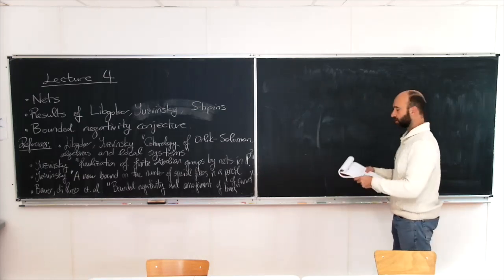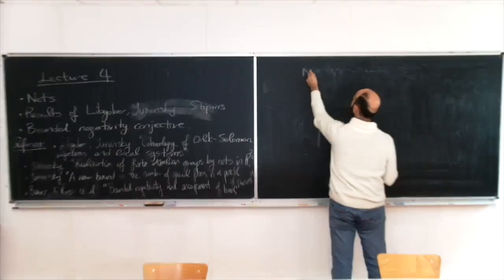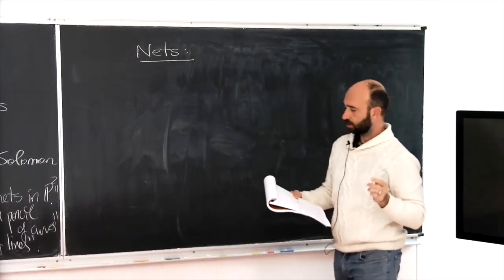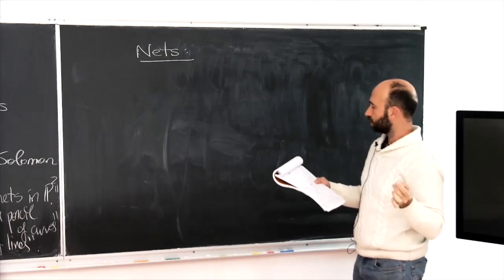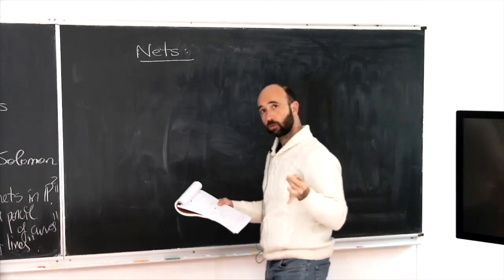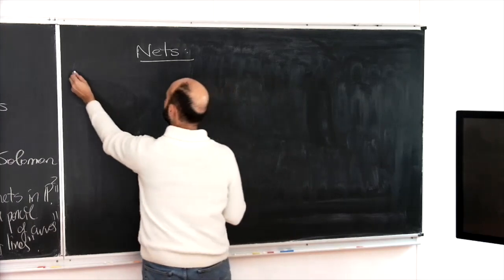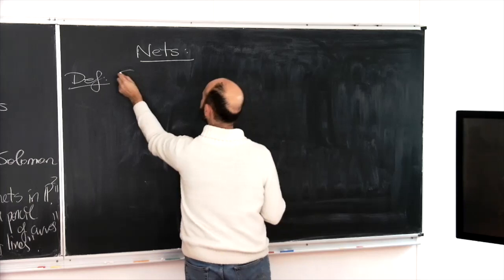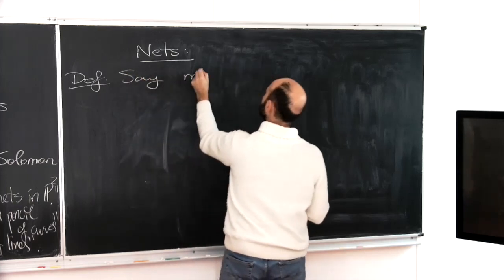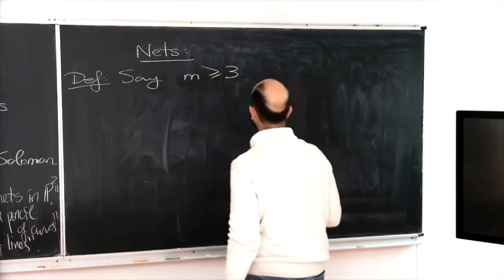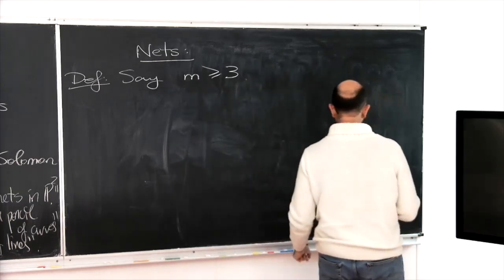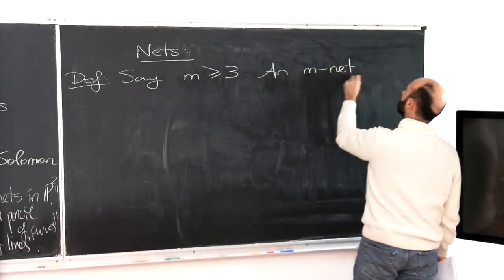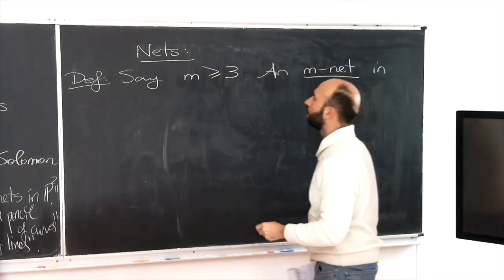Okay, so let's start with nets. These are rather special line arrangements in complex projective plane. You could also do it real, but we'll stick to complex numbers. Okay, so suppose m is some integer, which is at least 3, and an m-net in CP2